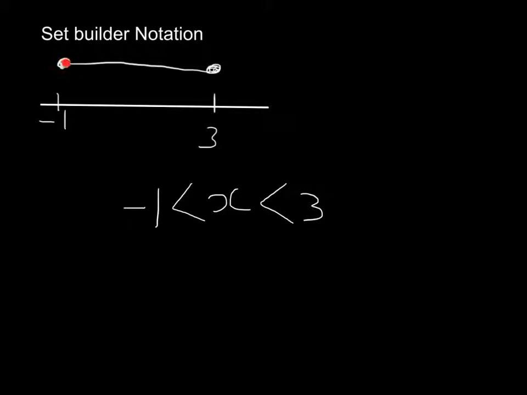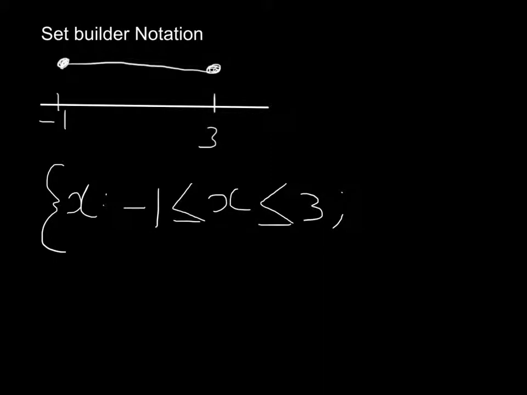The round dots or the closed dots tell us that we are including these values, so our inequality signs need a line underneath. So that's your basic inequality. The rest is easy. All we do is we have squiggly brackets, which stand for the set. We say x is the value that we are working with, and we put a semicolon or a slash, and then all we do here is we